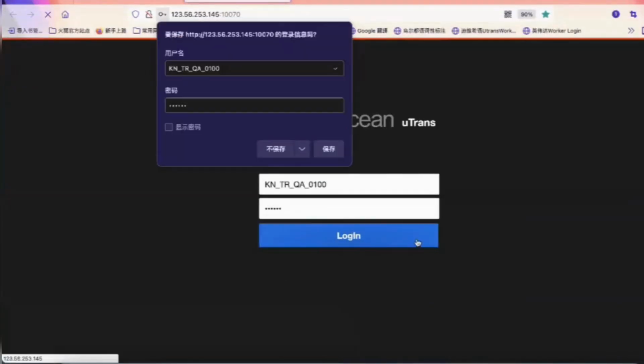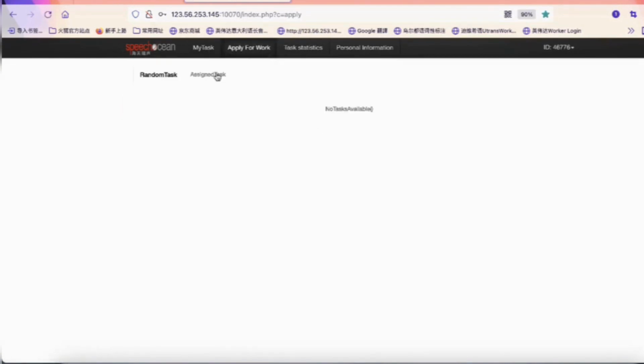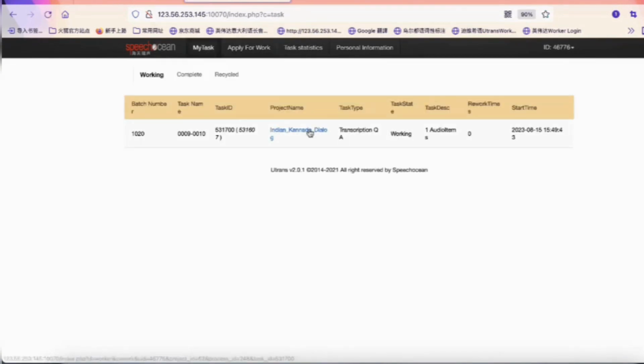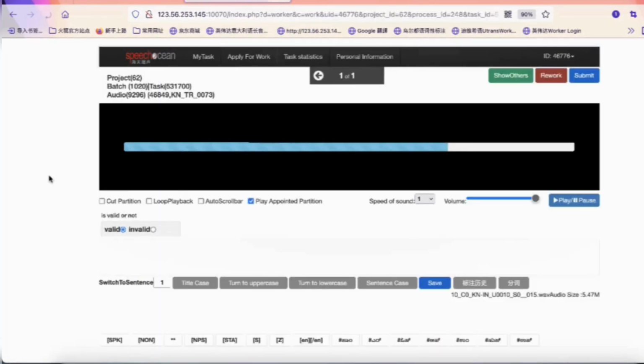And when you log in, normally we click apply for work. Now I'm doing a QA job, so it's in my working page. But usually when you first time log in, you should click apply for work. This is one I'm doing, and I just want to show you how this works. When we go inside the page,